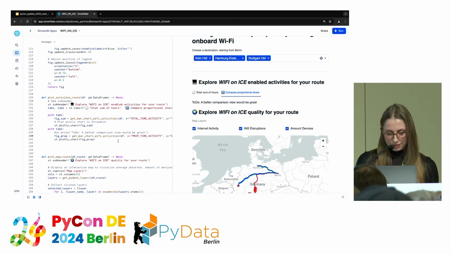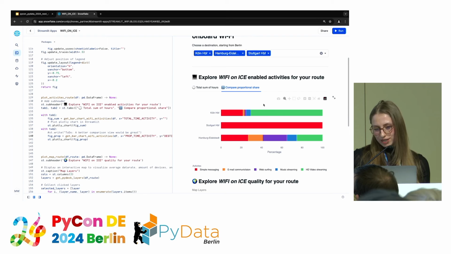So, and now we can simply click on run, and we see the immediate change, which is great. So, and now we can compare it much better to which destination we should choose for the weekend plans. And it seems like that Cologne is still our favorite choice, as here lots of green is given in the